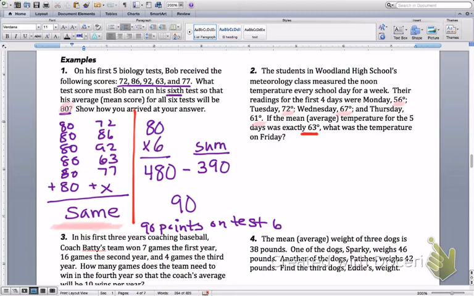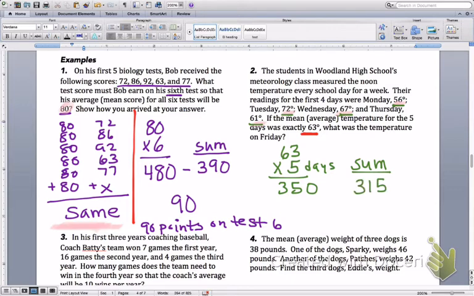So first thing is we take our average, 63, and multiply it by how many data points we have. So here we're doing Monday through Friday, so we want to know for 5 days. That's as if we had 63 5 times. So what is 63 times 5? Because that's how many days we have. I'm going to write that little side note. That would be 350. Now the sum of the ones that we do have, meaning 56, 67, 72, and 61, if we add those numbers up, we get